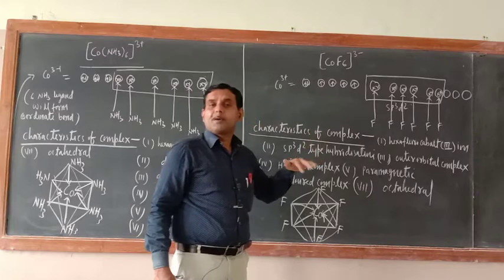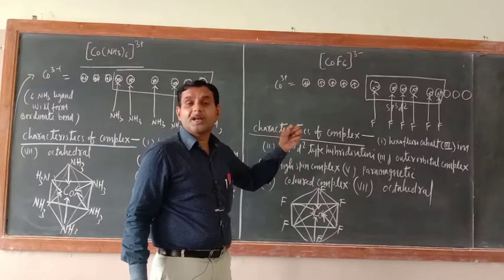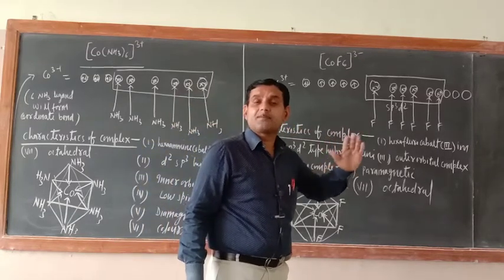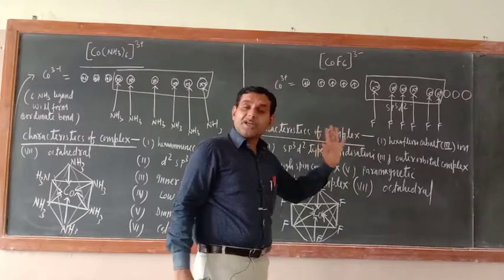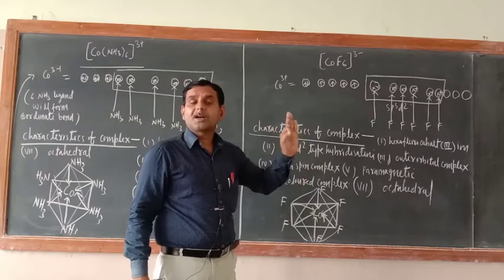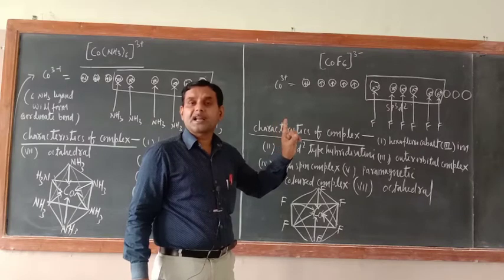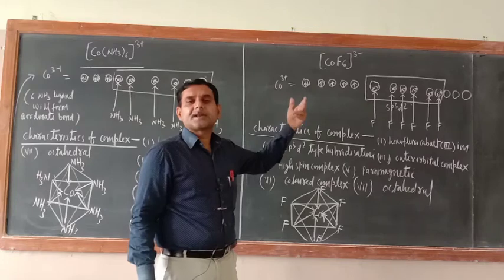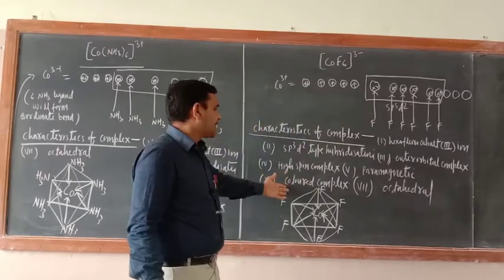Any coordination compound can only be colored if there is the presence of an unpaired electron. Then only crystal field splitting would be there. I explained crystal field in coordination compounds, and also in d-block elements. For the formation of a colored compound, there must be the presence of an unpaired electron. Then only d-d transition and crystal field splitting would be there. So just see here, unpaired electron is there. That is why they are colored complexes.